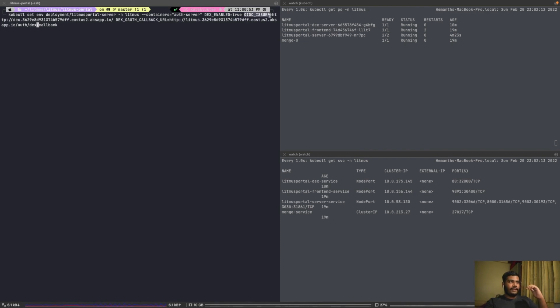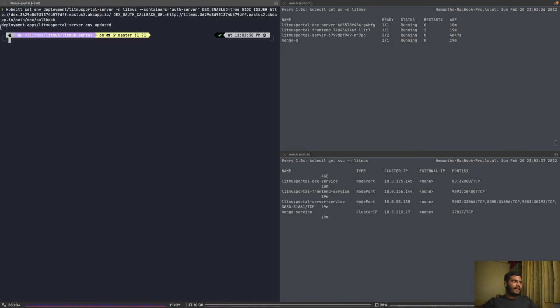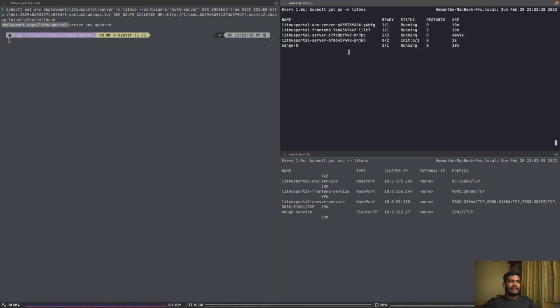We need to have the OIDC issuer, which is nothing but the exposed URL of your DEX deployment. That is also nothing but the issuer URL that we gave in our DEX configuration. We need to have the DEX OAuth callback URL, which is nothing but the exposed URL of the front-end service with /auth/dex/callback appended to it. So once we hit enter, it's going to say deployment apps, and you can see a